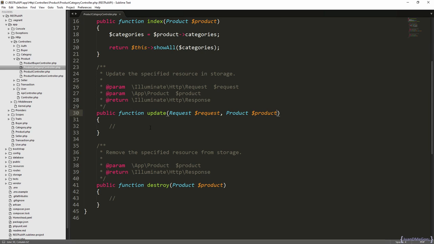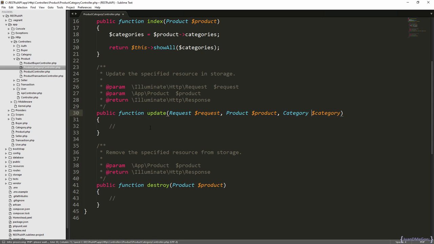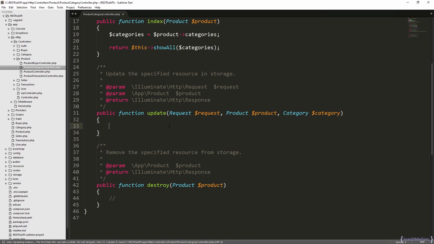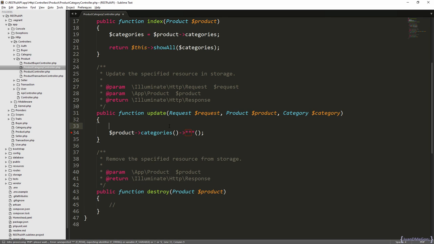In the update method, we need, additionally to the product, the category. Remember to import the definition. What we have to do is this: we are going to interact directly with the categories relationship, and we can use several methods here. To interact with many-to-many relationships, we can use